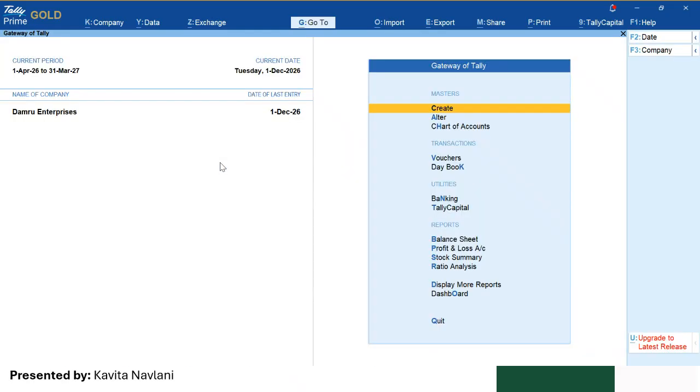Just open the Namru Enterprises which we created yesterday. कल हमने ये complete करी थी Namru Enterprises, and we learned some system, and then we already learned the